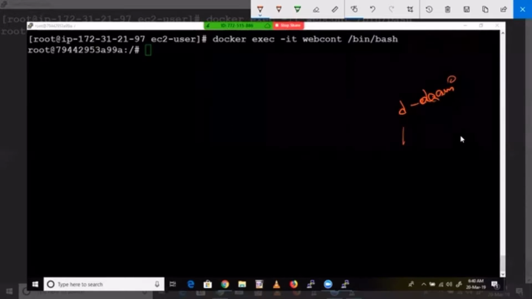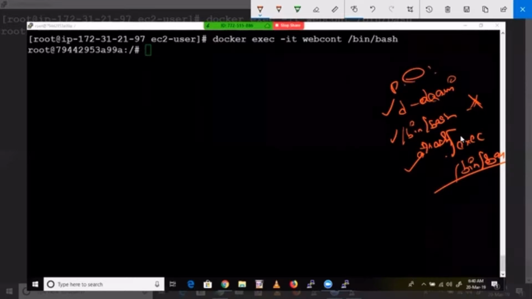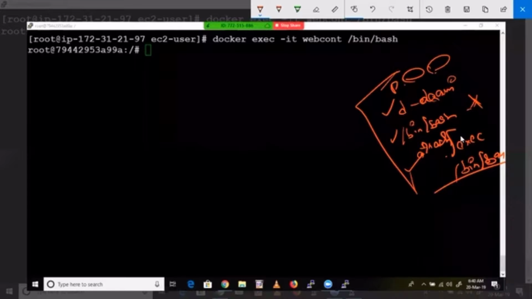So we need not give /bin/bash if you are not entering inside the container. And how to go inside the container. Anyways, attach is here. Apart from that, we have learned exec to go inside the container. Okay. So while going inside the container, you need to give /bin/bash. That's what we learned. And we learned port mapping as well. Port mapping. That is one port from your host, one port from the container. All these things we learned in these two commands.